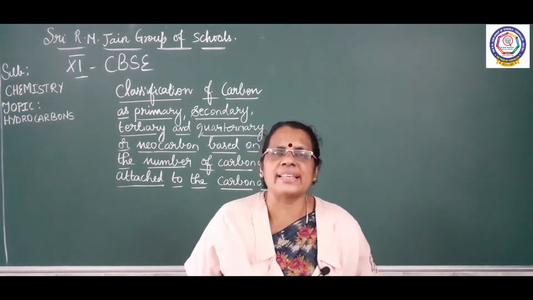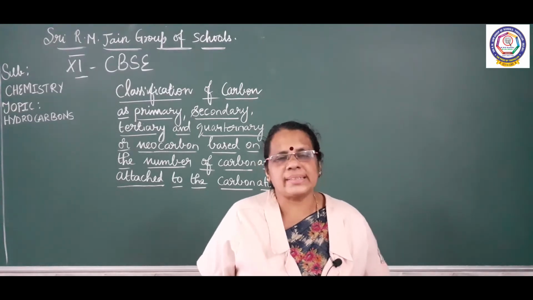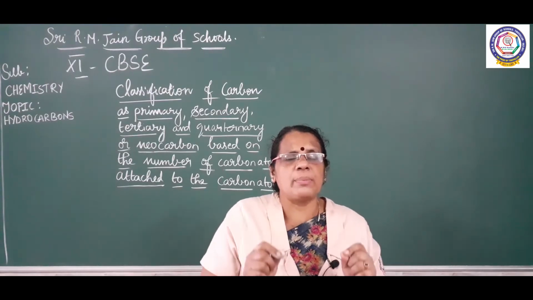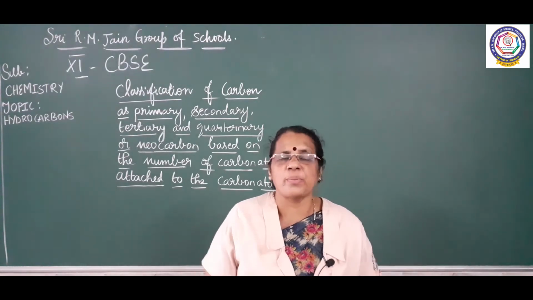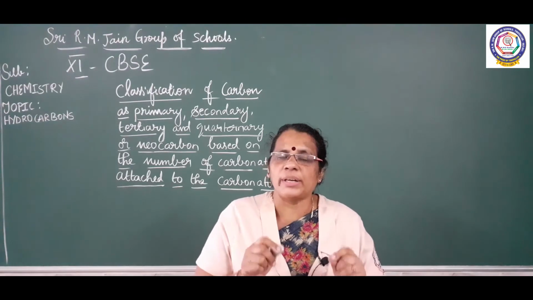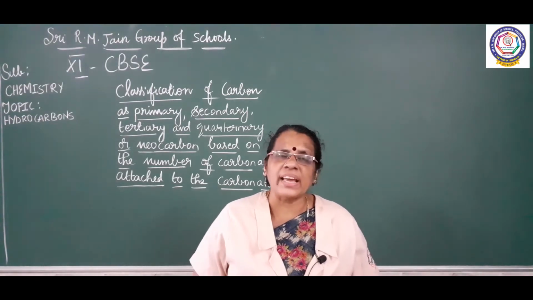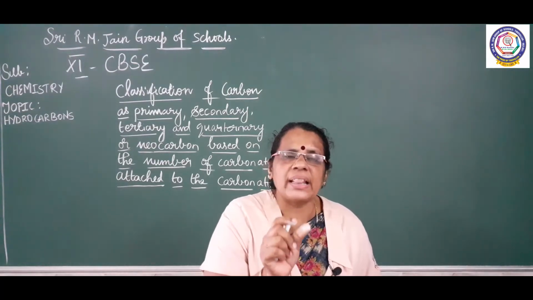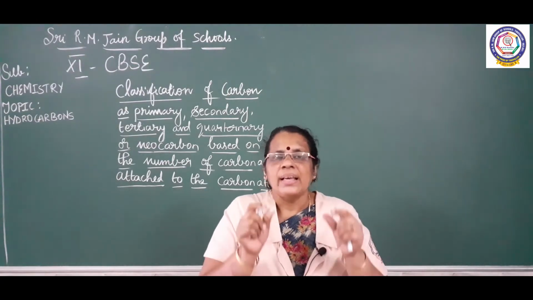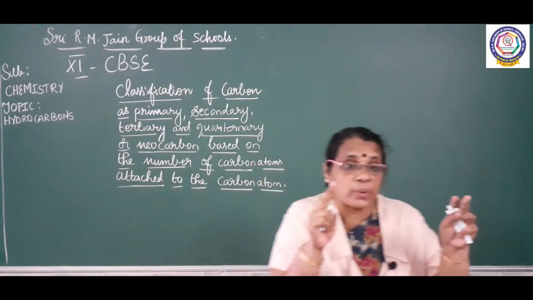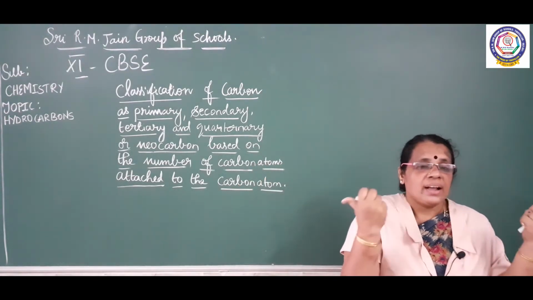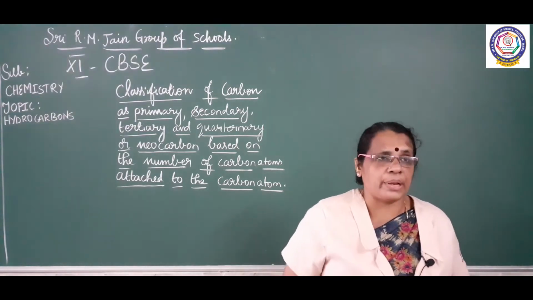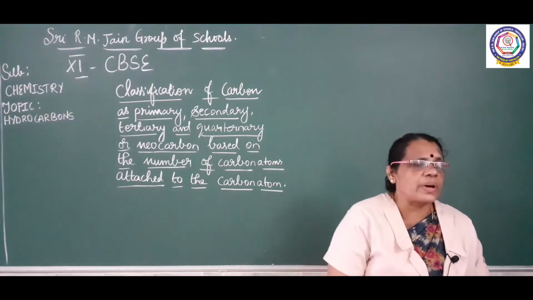Today, we are continuing the topic hydrocarbon. Yesterday we completed up to isomerism. What is the isomerism exhibited by alkane? We have seen structural isomerism. Under structural isomerism, I told chain isomerism. Chain isomerism is the isomerism that arises due to the difference in length of the carbon chain. That is, the same compound written in two different ways, one as a straight chain, another as a branch. So we call it chain isomerism. I gave an example. Up to that, isomerism is over.